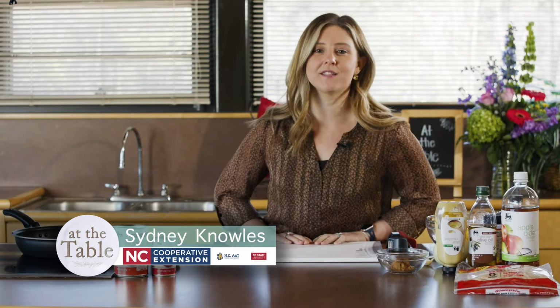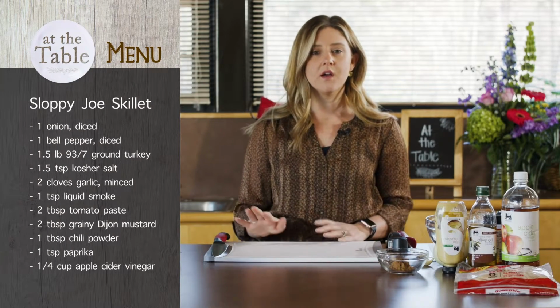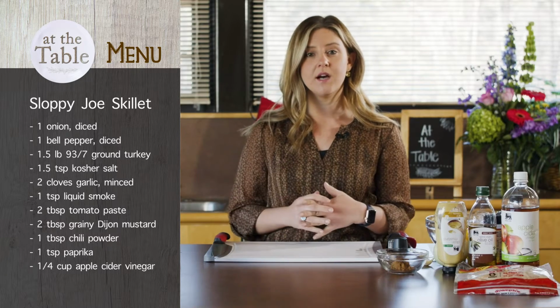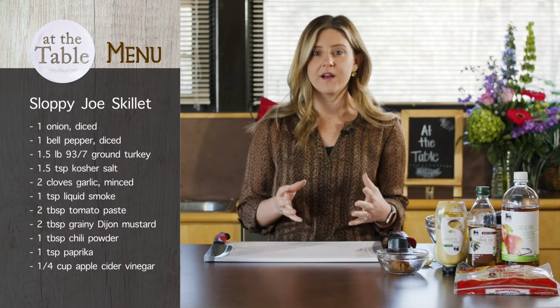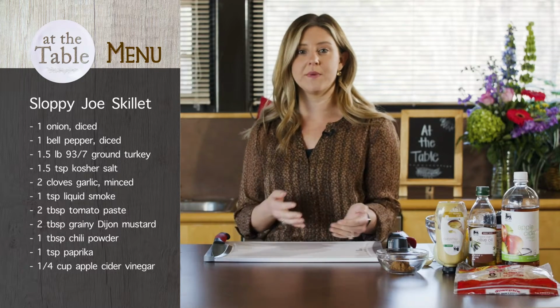Today we are going to be making a Sloppy Joe Skillet, which is one of my all-time favorite recipes. And this is a really good one if you are looking for, going back to our series where we did healthy swaps, trying to find things that maybe your family really enjoys, but trying to find a way to make them